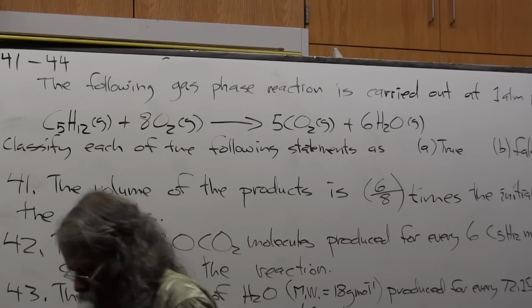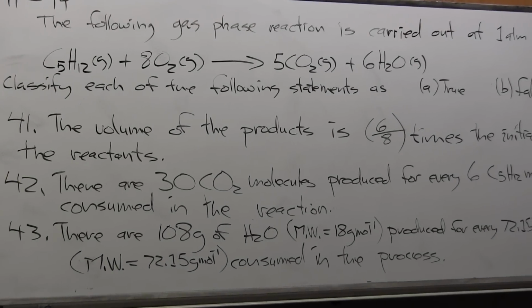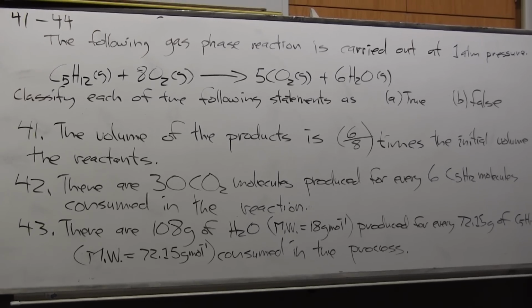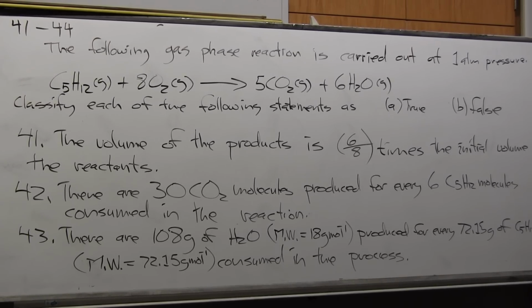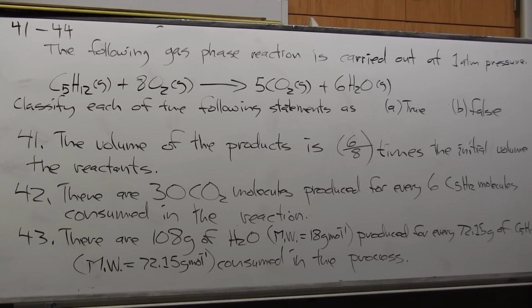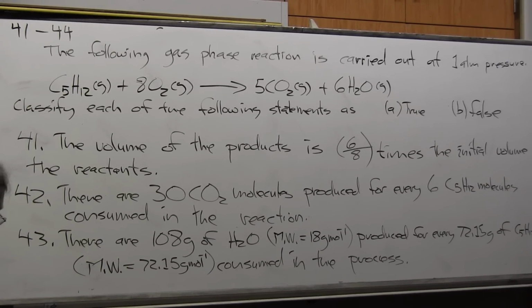Now, 41. The volume of the products is 6/8 times the initial volume of the reactants. Well, since it's carried out at 1 atmosphere of pressure and the pressure is maintained at a constant level, the volume would have to change. And this goes to